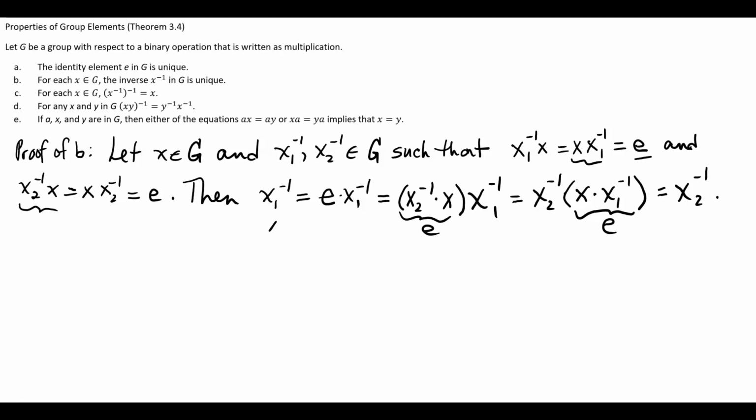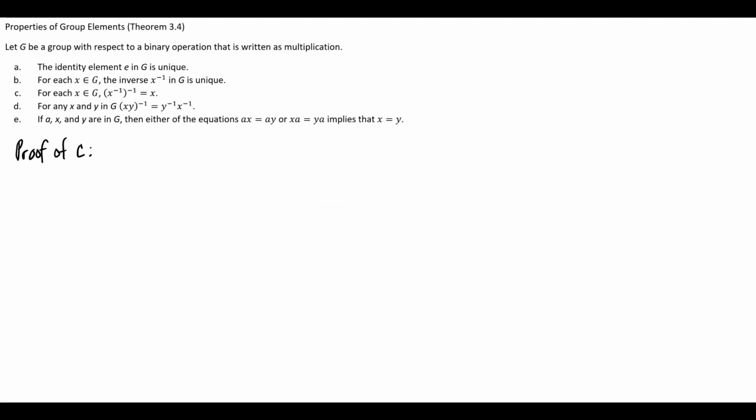So I've just shown that x1 inverse is equal to x2 inverse. Hence, the inverse for each element in a group is unique. C states that for each element x in G, the inverse of x inverse is going to give me x for any x in G. So we're going to start off by assuming that x is an element